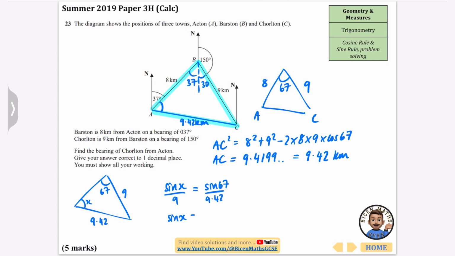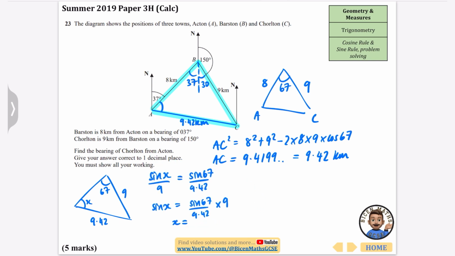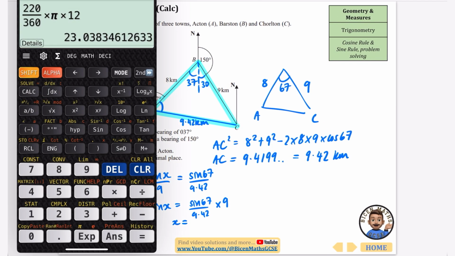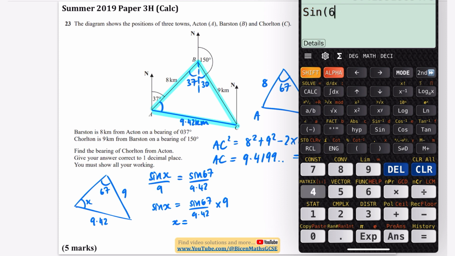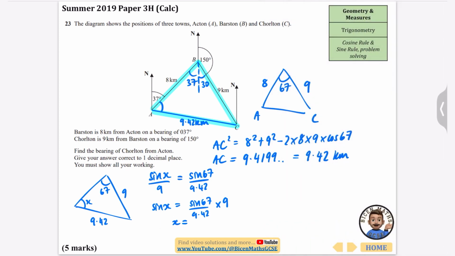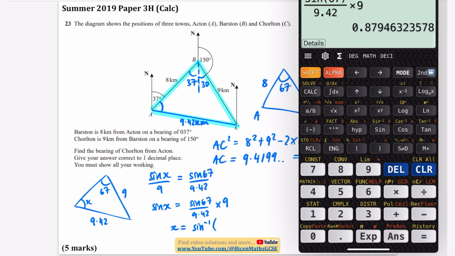So this means that sine x is going to be sine 67 over 9.42 multiplied by 9. And then I'm going to find out what x is by doing the inverse sine of that in just a second. But let's get some of that on my calculator. So typing this in, we get that the sine of 67 over 9.42 multiplied by 9 is this answer that we get. I'm going to write down that we're going to do the inverse sine of that. So x is going to be the inverse sine of what we've just worked out to find out what the angle is, and that is, where's that all gone on my calculator,